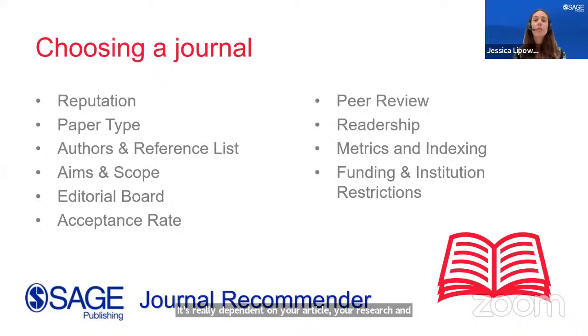So really, the two key takeaways that we want to emphasize are that looking at the aims and scope of the journal is crucial, and thinking about the readership of the journal, who will ultimately be that end user. I did mention some journals like Nature and Science. Thinking about acceptance rate is a key component for deciding where you might want to get published. Some journals have a 5% acceptance rate due to the sheer number of submissions they receive annually. Other journals might have a 50% acceptance rate, and many journals fall anywhere in between.